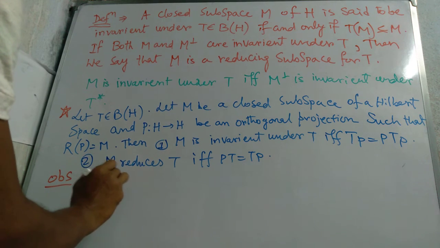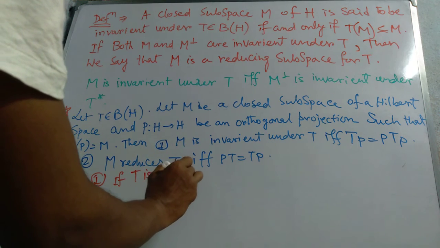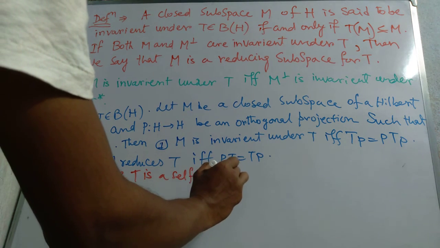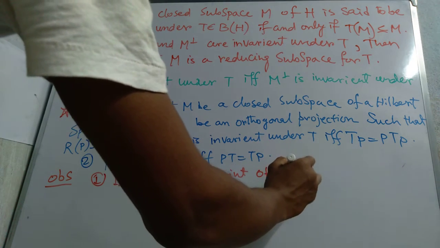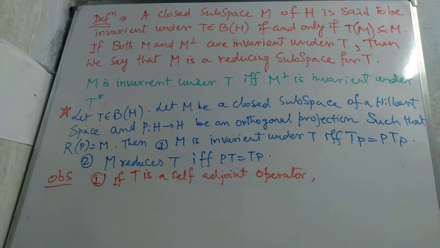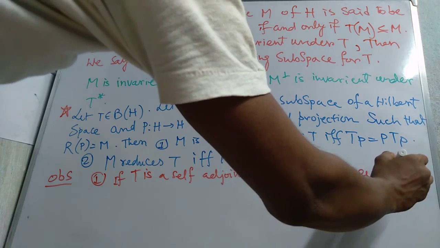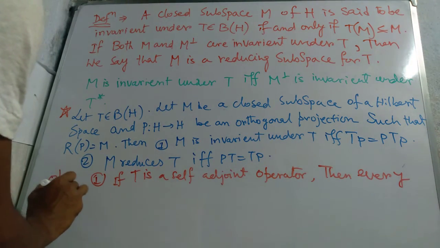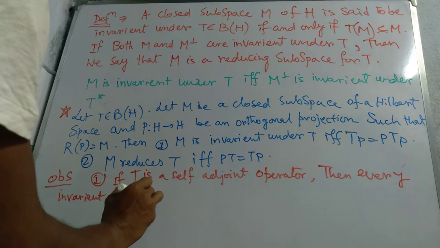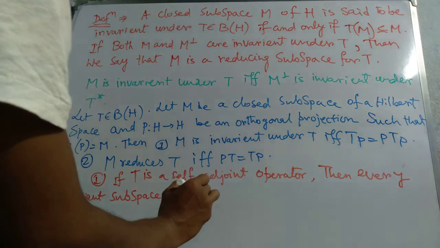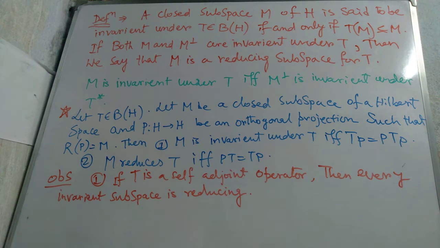First, we write if T is a self-adjoint operator, then every invariant subspace is reducing. Okay,